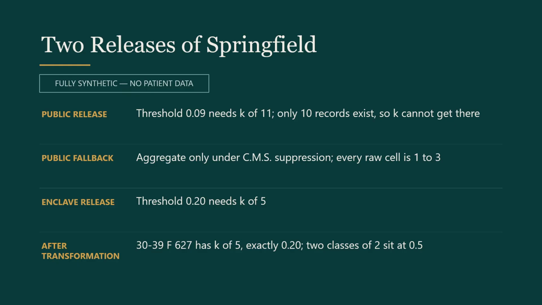It lands precisely on the threshold, which passes a rule stated as "at most," and that is worth noticing rather than glossing over. The other 2 classes hold 2 records each, R04 with R05 and R07 with R08, at 1/2. Even merging those 2 classes leaves 4 records, short of 5. Those 4 records force further action.